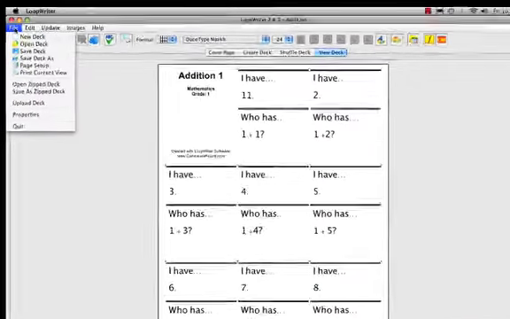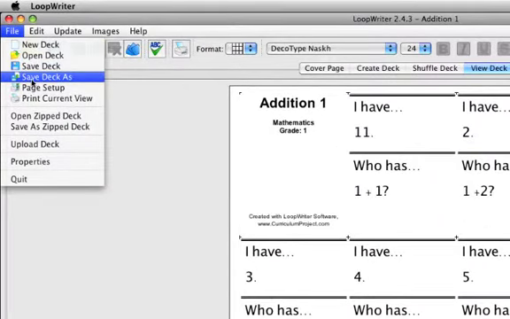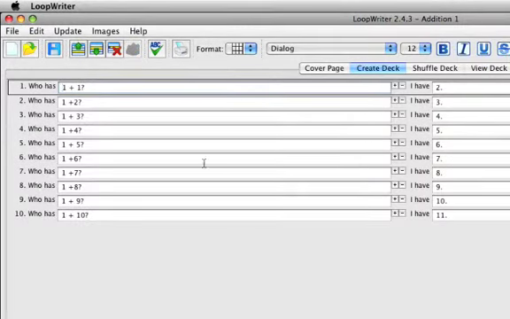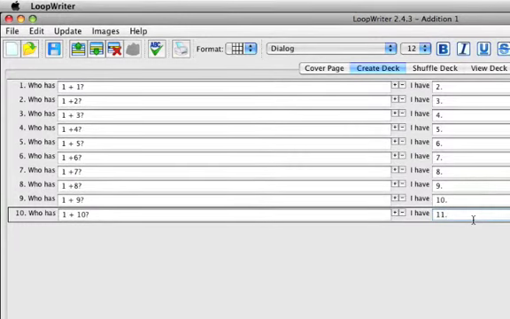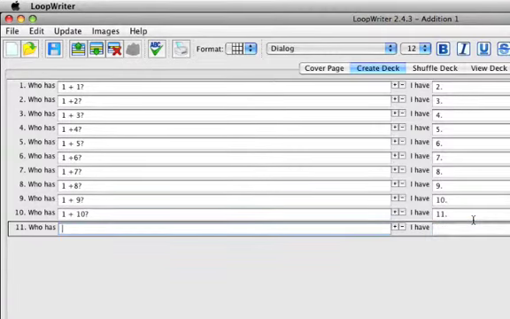Another save feature within LoopWriter is the Save Deck As. This is an important feature as you create games. If you took an Edition Game 1 and wanted to create an Edition Game 2 with additional questions and answers, you'd open your first game, add new questions,